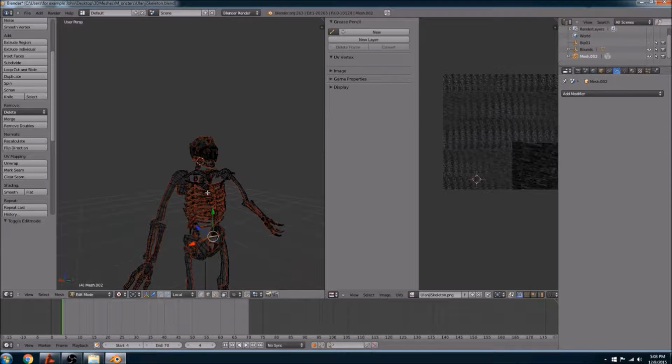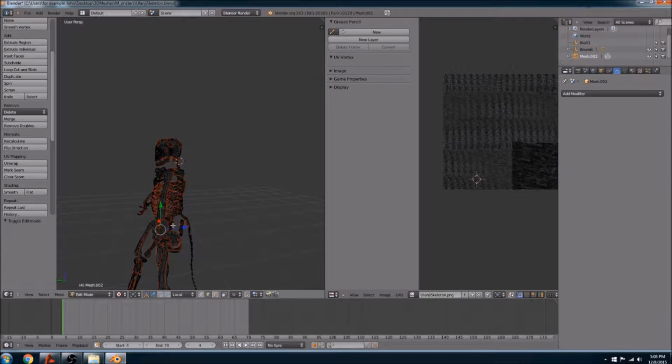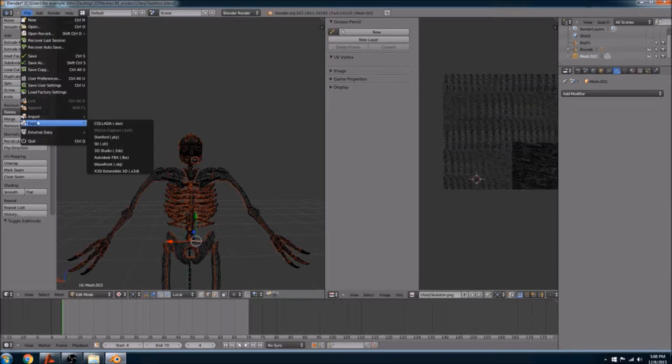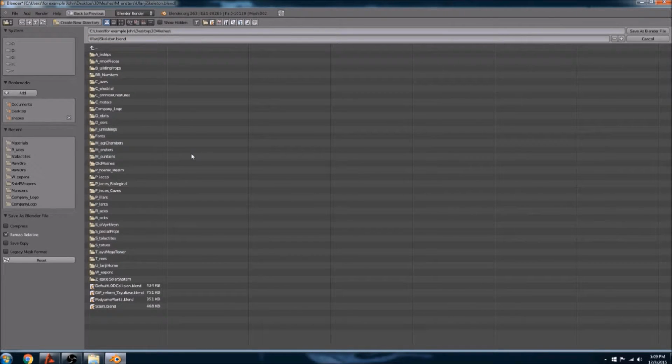Okay, so we have this. Now I'm going to want to separate this skeleton into separate pieces. The reason being, I think I've told you in past videos that I want to have skeletons laying around here and there, of past battles, just to give a history of what happened in a specific area, just for the background. And I might have bones you can grind up and use in potions. It might be a femur bone only or something like that. But in any case, I want a separate file to use for the monster and a separate file to use for those pieces. So I'm going to save this